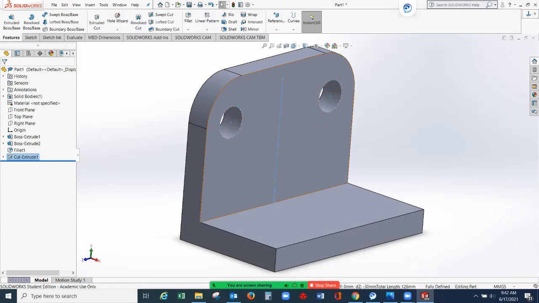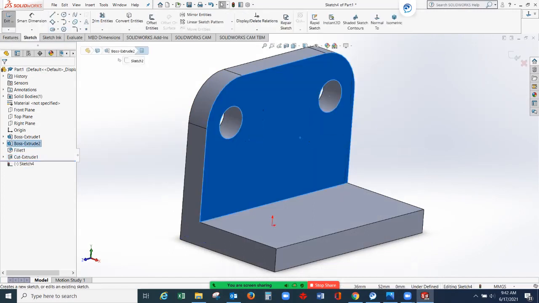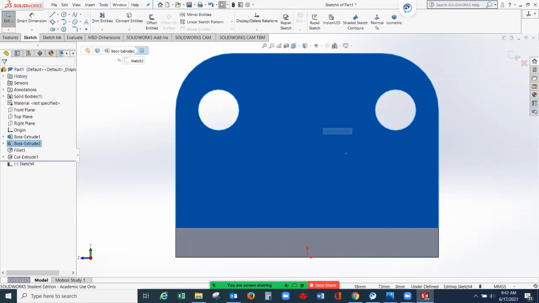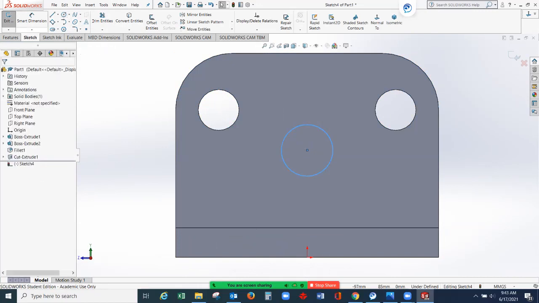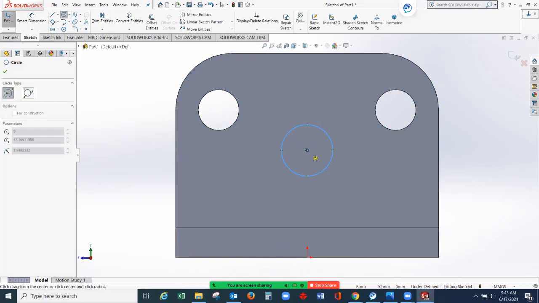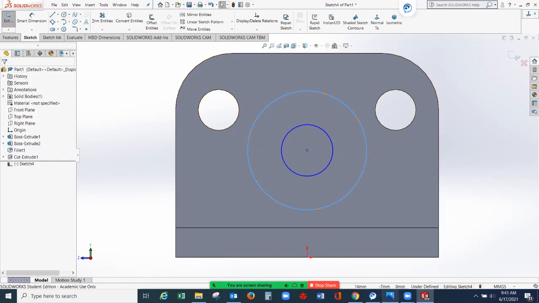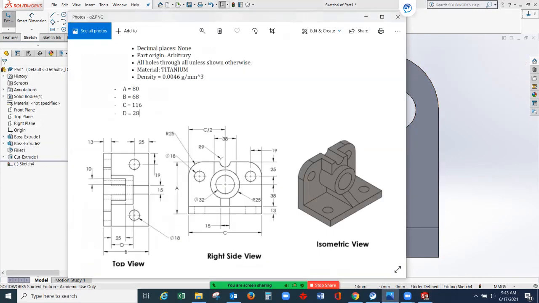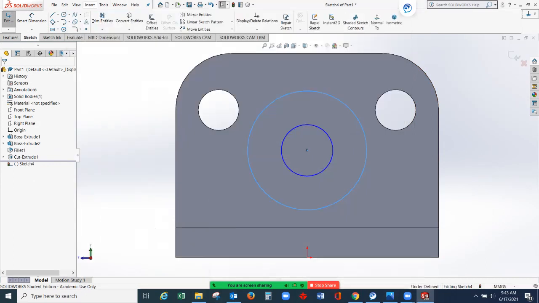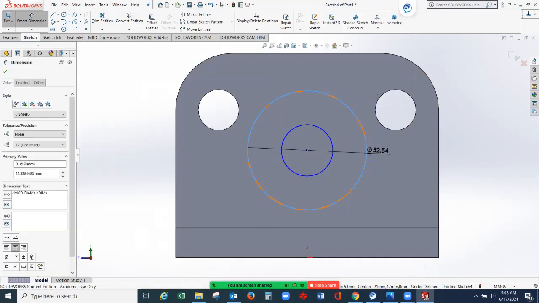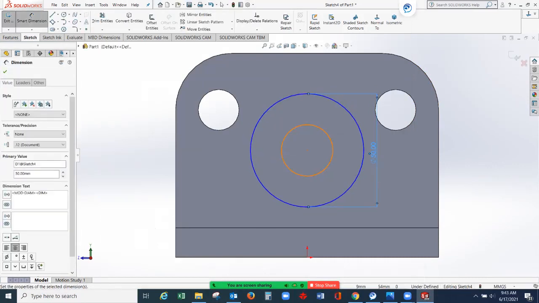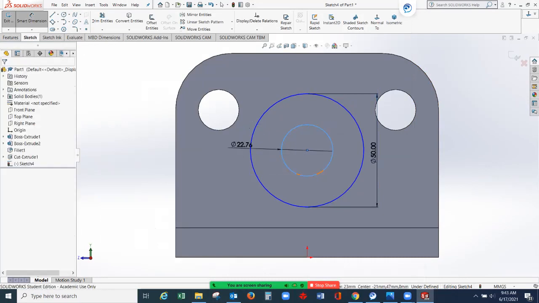circles there. So from here again, sketch, Control A, make it normal to, and then draw two circles. At any point, one circle, and then another circle, and check for the dimension of this circle. So one is 32 in diameter, and one is 25 in radius. So the diameter of this is 50 and 32. Smart dimension, give the dimension here as 50. So the radius is 25. Then the diameter of this is 32.